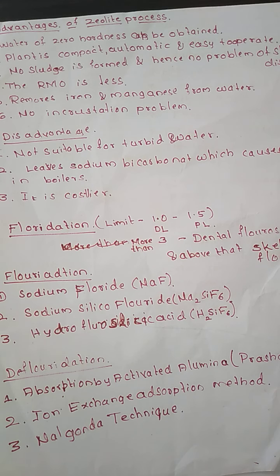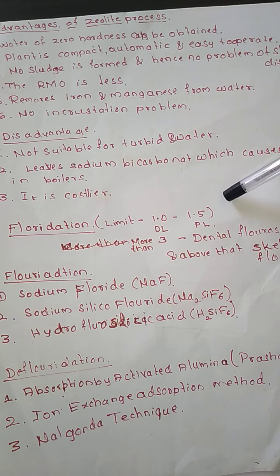In order to have strong teeth and bones, we need the fluoride content. The fluoride content in water should be around 1 mg per liter. The desirable limit is 1 mg per liter, and the permissible limit is 1.5 mg per liter. If it is more than 3, it is going to cause dental fluorosis, that is, brownish patches